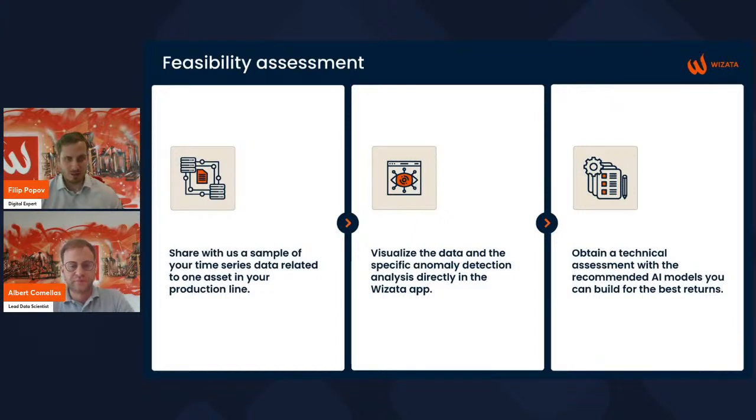What we need to start is a sample of your historical time series process data with 6 or more months of historical data, which we can integrate and visualize in Risata as a first step. And as a second step, we can analyze it to show where we can find anomalies. And last but not least, we can assess the business impact of the anomalies together with you and recommend AI applications. That way you have a much better idea and feel of what the potential impact is for you and whether your process data is enough.